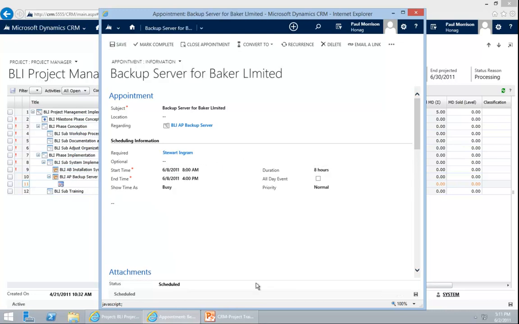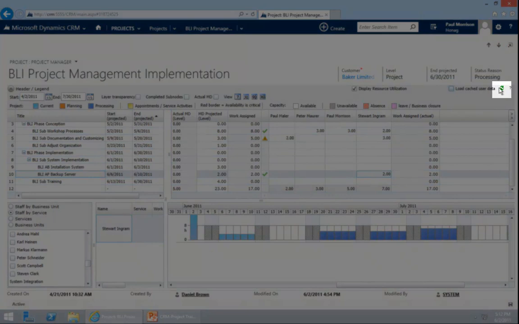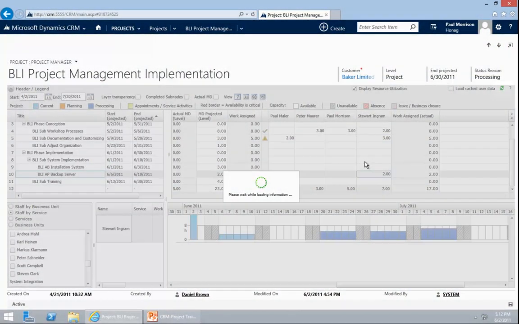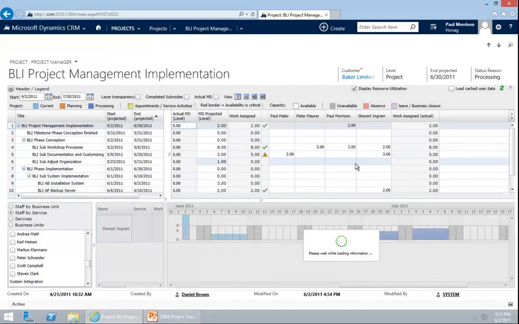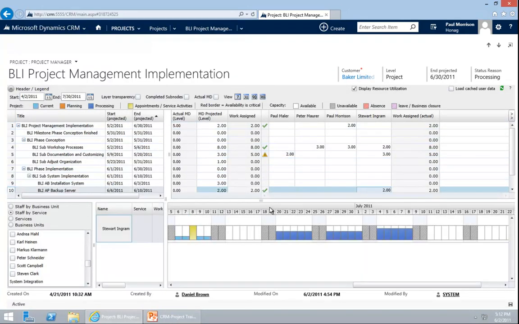So I have created this appointment. You see that it is for this project node with Stuart for 8 hours. I have saved it. I will close it. Go back to my planning table. I would need to reload it once until I see the data. But once it is reloaded, we quickly see that we now have an appointment on the 8th for 8 hours, and the 3.2 hours are down to 2 hours a day because it's only 1 day left that needs to be spread out to 4 days.